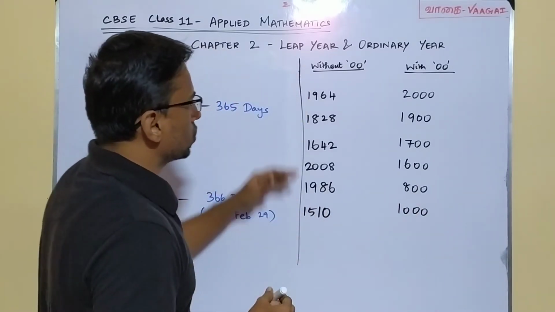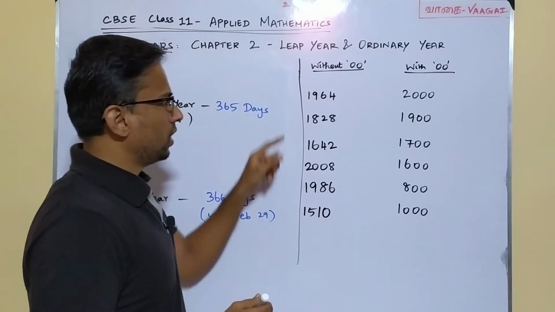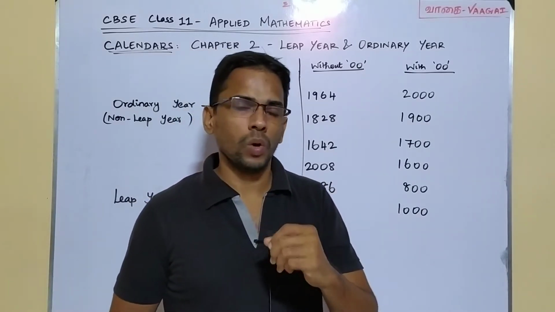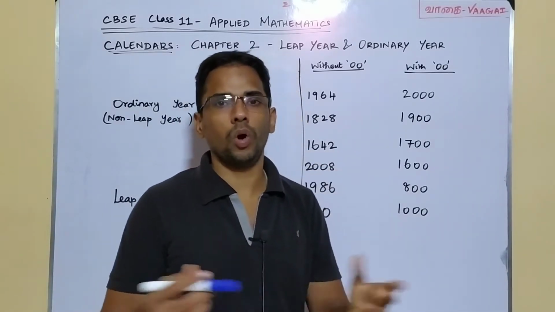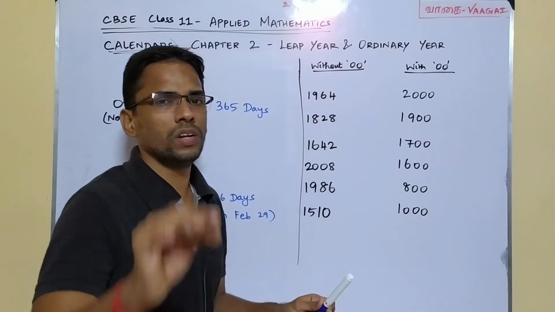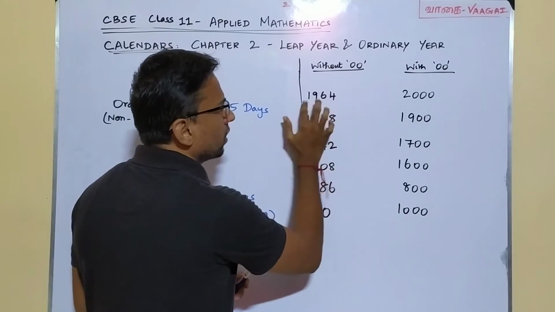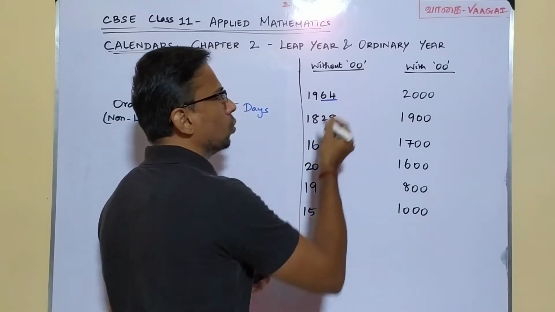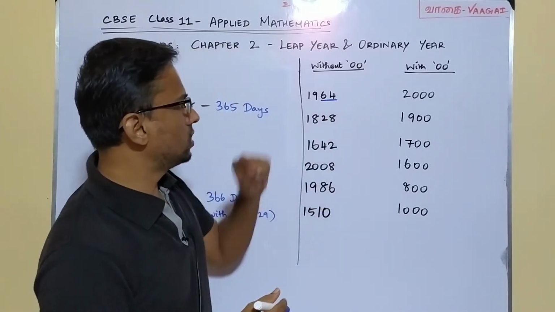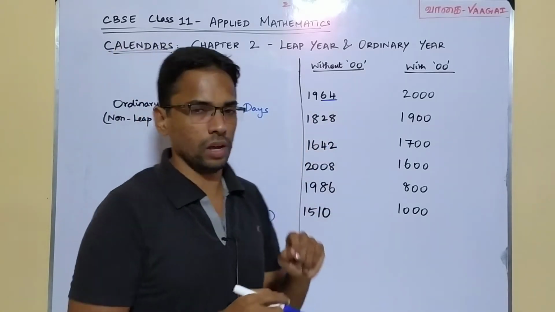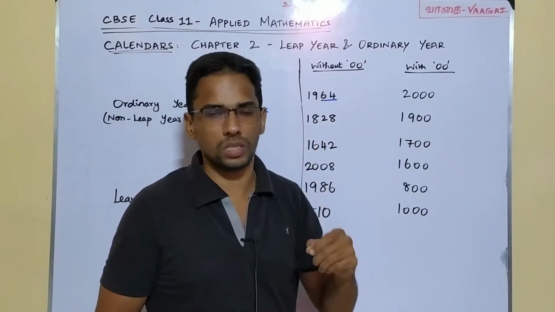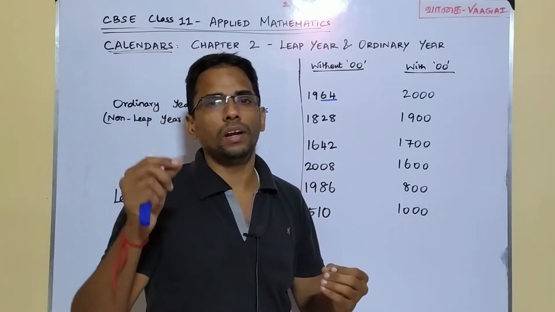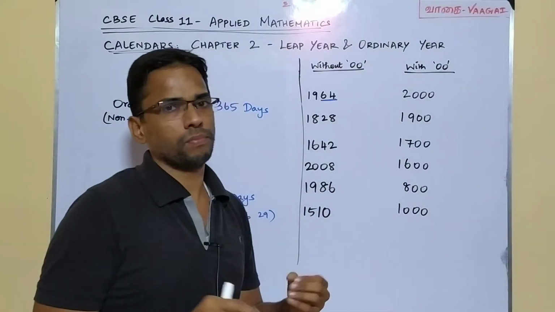Yes, let's start. Let's come to this first column. Take the first year, 1964. Given this year 1964, was it a leap year or an ordinary year? How can you check it? It's very simple. Just take our year 1964 and look at the last two digits of the year. I see the number 64 here. Just take the last two digits, I mean the last two places. We have 64 here. Just take that 64 and try to divide it by 4. That's what we have to do, right?